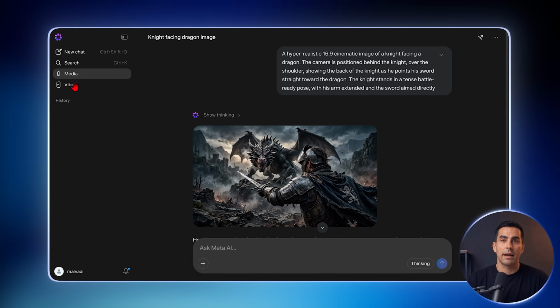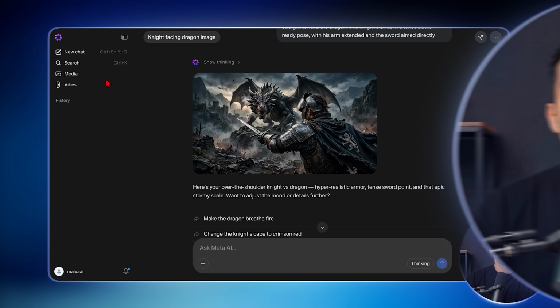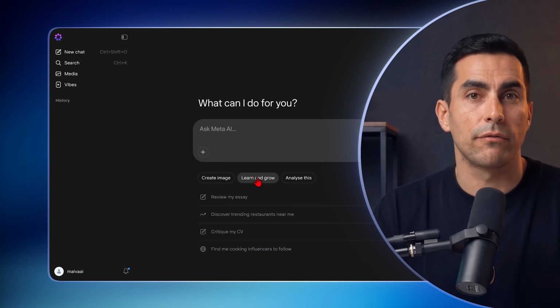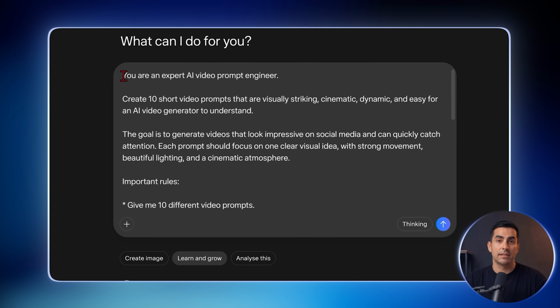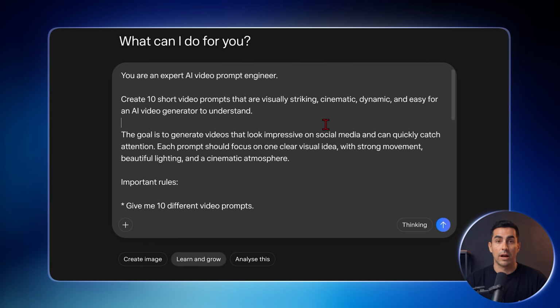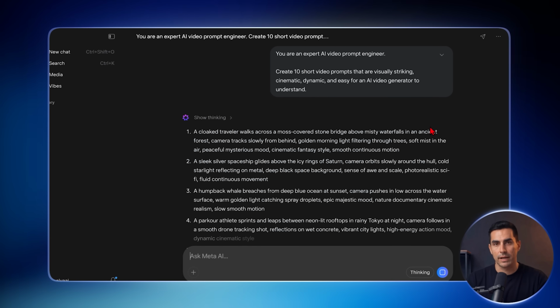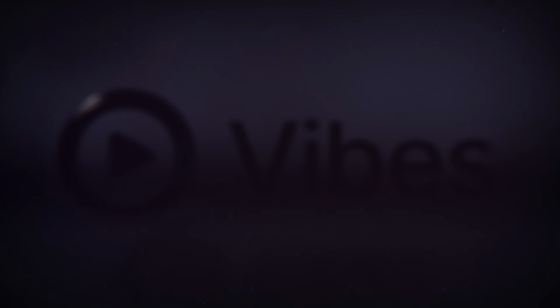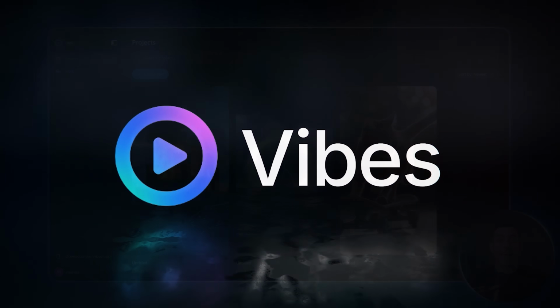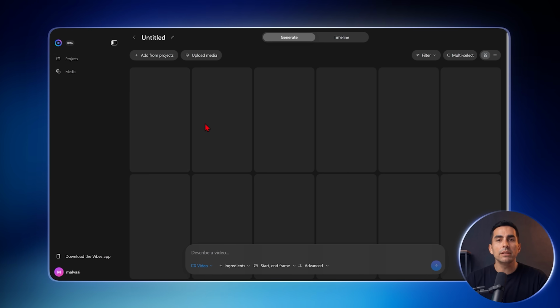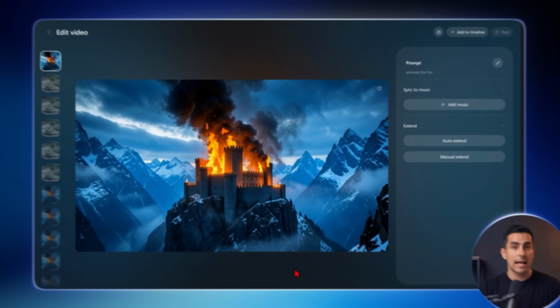Luckily, there is a solution. To generate videos with Meta, this is what we need to do. First, we're going to take advantage of the fact that Meta still gives us a very powerful text model, and we'll ask it to give us the prompts Meta's video model will understand best. You can add your own prompts and ask it to modify them until they're ready. Once we have them, we're going to open Vibes.ai, Meta AI's new tool for creating free videos. Many people think we can only create vertical content here, but I found a hidden function for generating horizontal videos